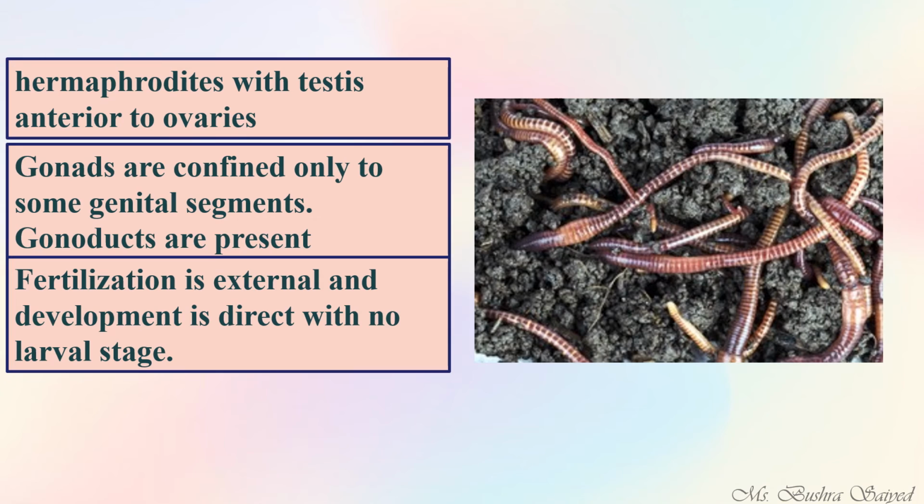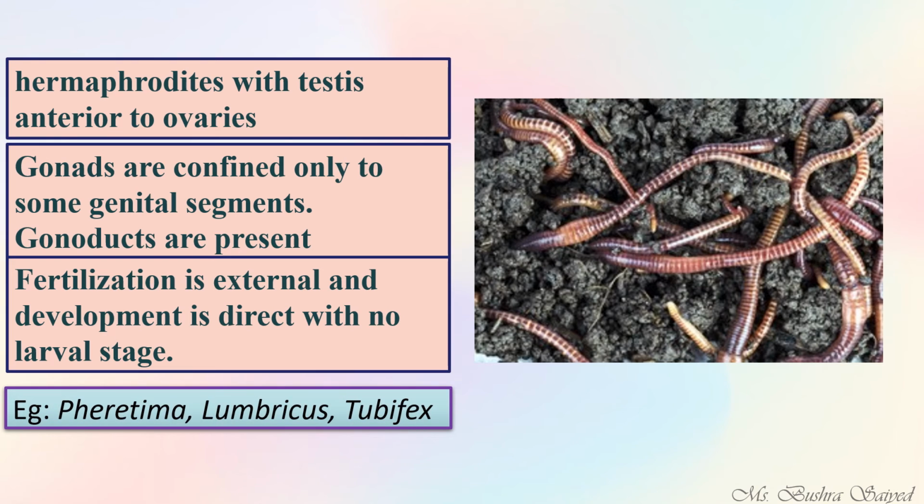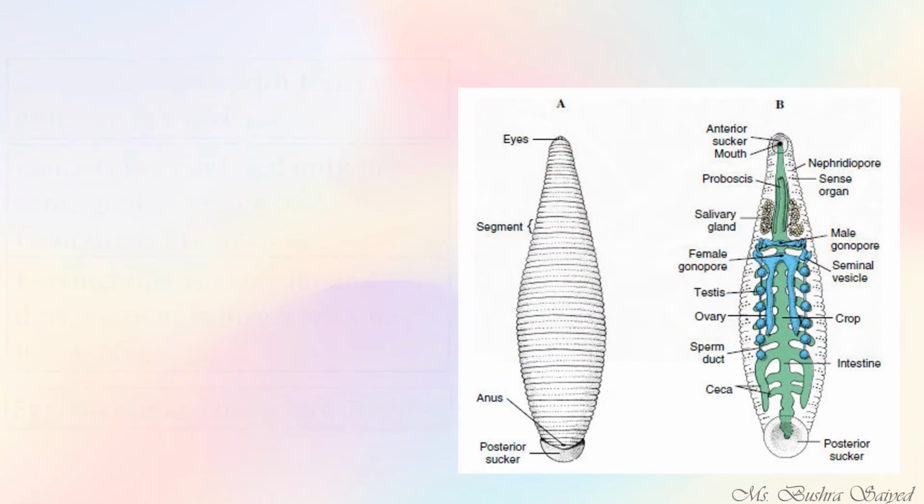Fertilization is external here also. Development is direct with no larval stage. Okay, so there is no trochophore larval stage in oligochaetes. Examples are Pheretima, Lumbricus and Tubifex. None of these examples belong to our syllabus. So we have a total of 4 examples in our syllabus, out of which 3 are covered, and the fourth one belongs to the